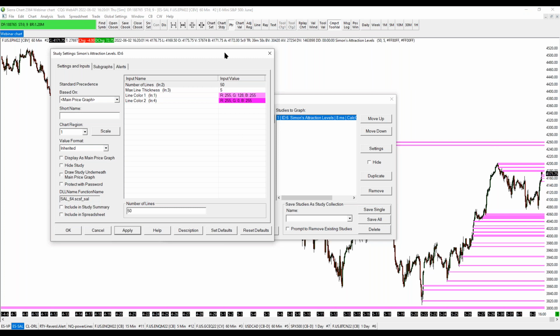Do you think this will help you find where the entries are? And I can change the color and of course shades as well. And I can change the thickness up to 10. I can make it 10. So what that means is that the heavier the volume that is embedded in the market, the thicker